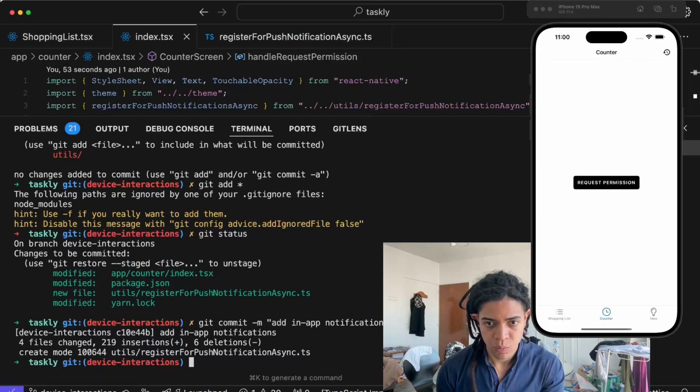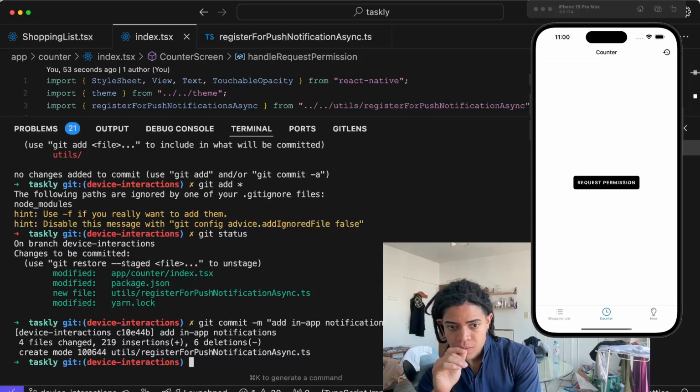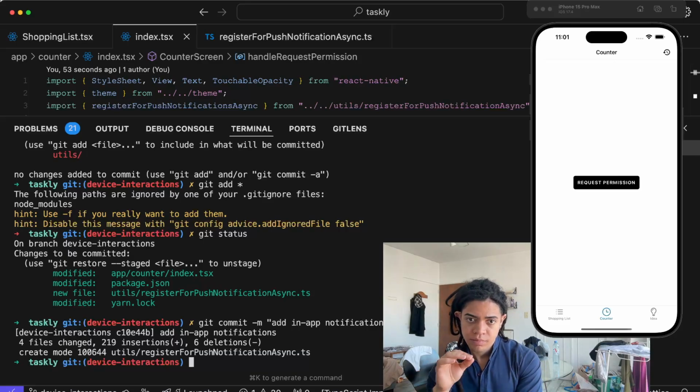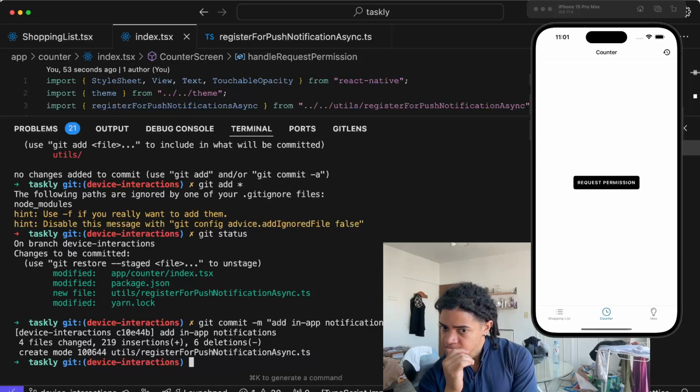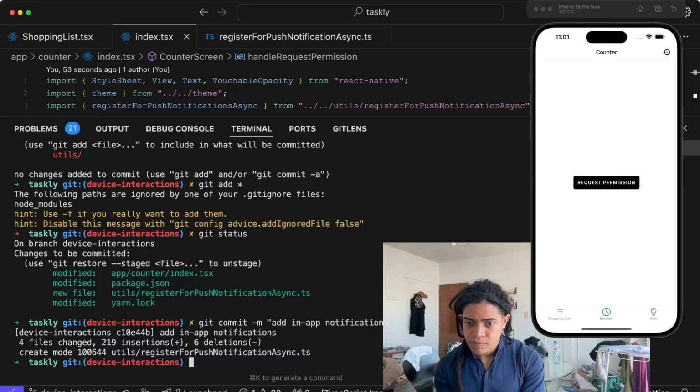Now let's schedule a notification. Alright, so I've switched this from my iOS simulator to the screen mirroring of my Android phone, so we can see how we're testing the push notifications. Here, instead of handle request permission, let's call this schedule notification. What we're doing is checking if we can schedule a notification. So if result is granted,